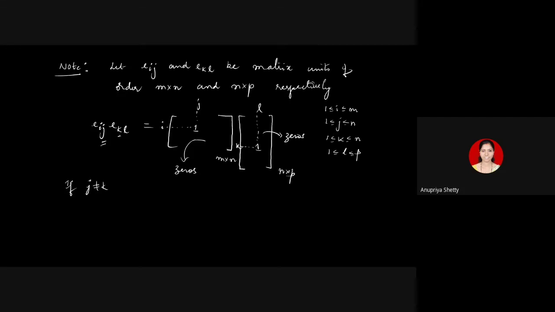So I'm not trying to analyze each of the entries. I'm trying to find out what the rows in the product matrix are. How do I get the rows of the product matrix? If I want the first row of the product matrix, I have to multiply the first row of the first matrix with the entire second matrix. If I want the second row of the product matrix, I have to take the second row of the first matrix and multiply it with the entire second matrix. That's how you find out.